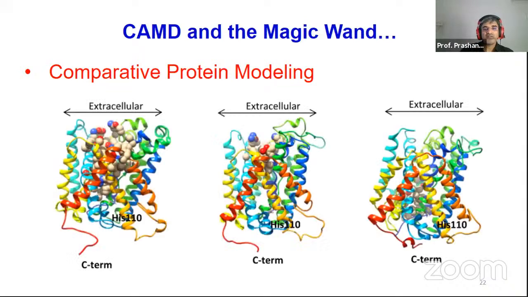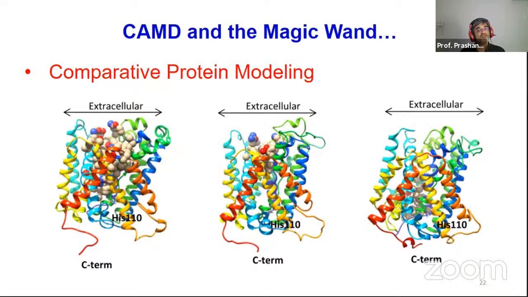And in fact, this is from my own work, where we tried to generate a homology model for a membrane protein called system XC, which is responsible for transport. It's an antiporter, so it transports glutamate out of the cell and cystine inside the cell in the opposite direction, and this cystine gets converted to cysteine, and this cysteine is eventually responsible for protecting cancer cells from the effects of reactive oxygen species. So basically, inhibitors of system XC are likely to be anti-cancer agents as well as anti-epileptogenesis or anti-epileptic drugs, right?